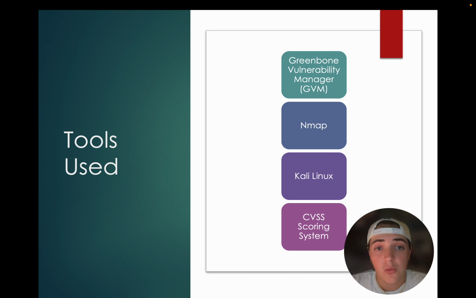Next, we'll cover tools that we used. So first and foremost, we used Greenbone, which is a vulnerability manager. It finds all sorts of vulnerabilities and just presents them to you. Next, we used Nmap scanning. So we did scans with Nmap. Then we switched over and used Kali Linux because we worked with a different software. And ultimately, we finished sorting things out as to what is more of a concern and what is less of a concern